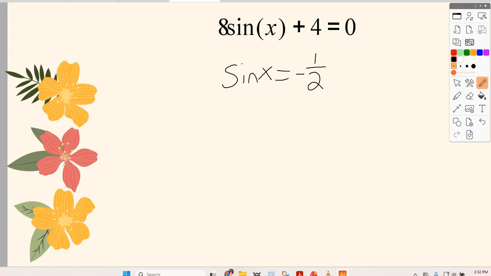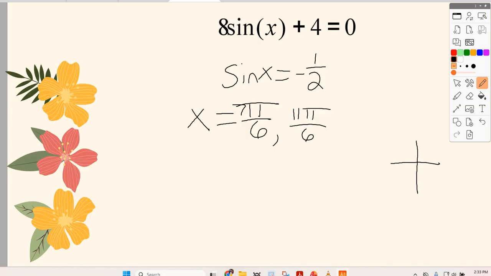Which 2 quadrants are we in this time? Yeah, our 3rd and 4th, because again, sine this time is our y values. So for our y values to be negative, we have to be in the 3rd and 4th. So we're looking at a reference angle of pi over 6. In our 3rd quadrant that is going to be 7 pi over 6, and then in our 4th quadrant it is 11 pi over